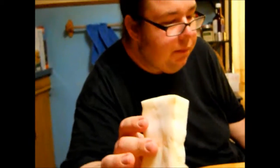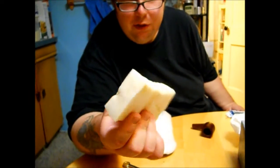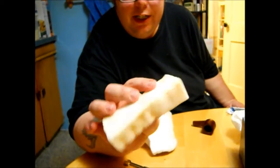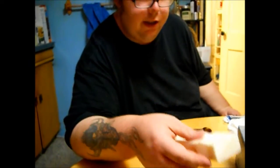Now, if you have a really badly oxidized stem, like I said, the OxiClean will take care of some of that, but you might actually need maybe a good 2 or even 3 of these things to fully get all that oxidation scrubbed off of there. But this did a really good job,